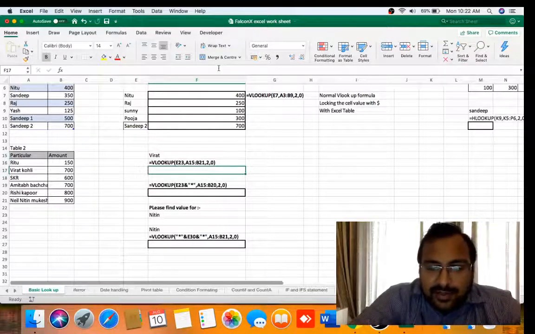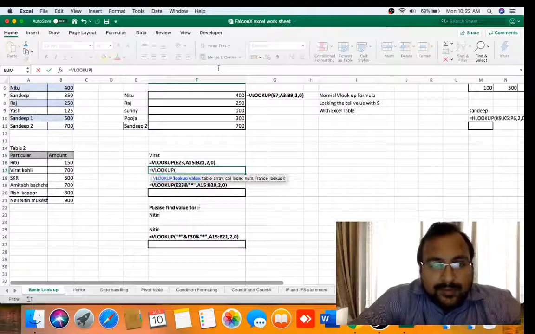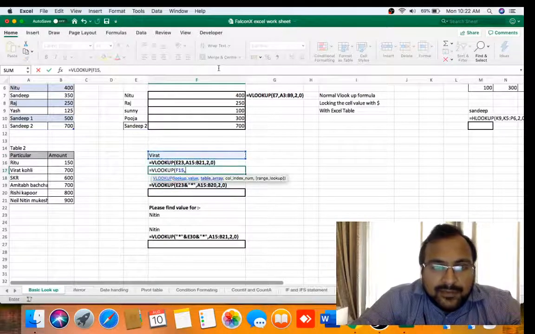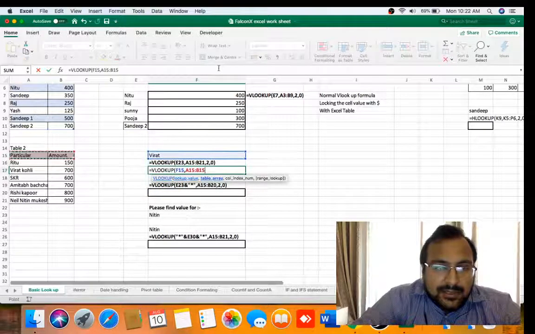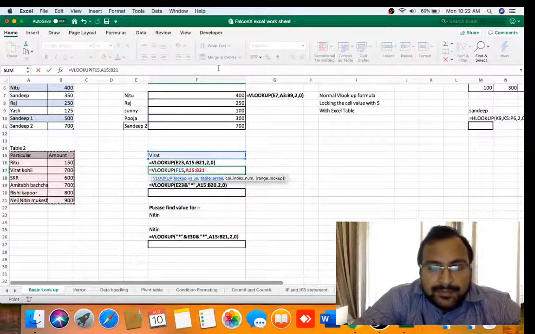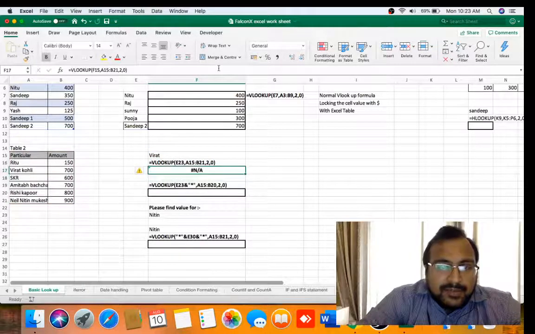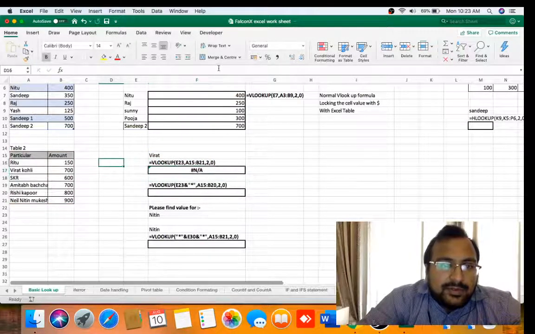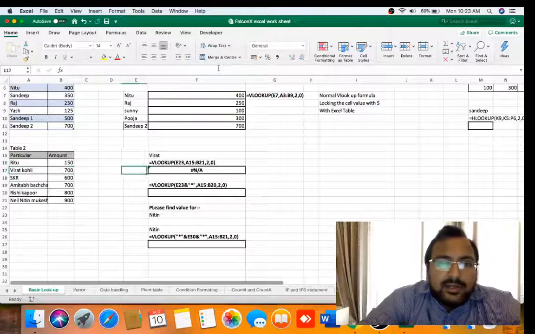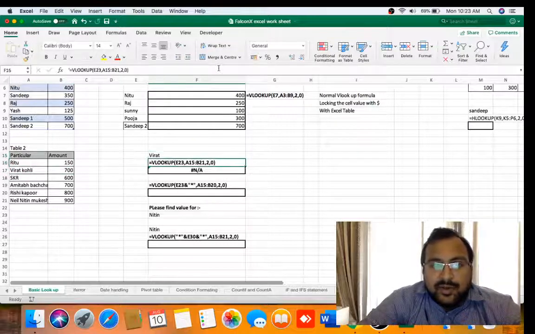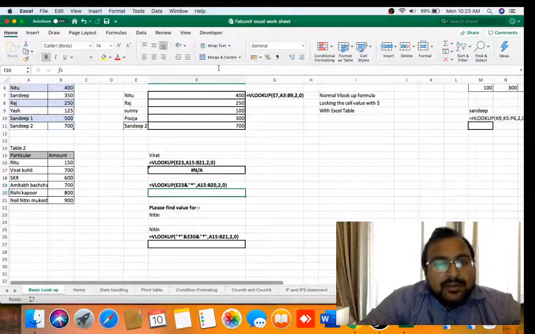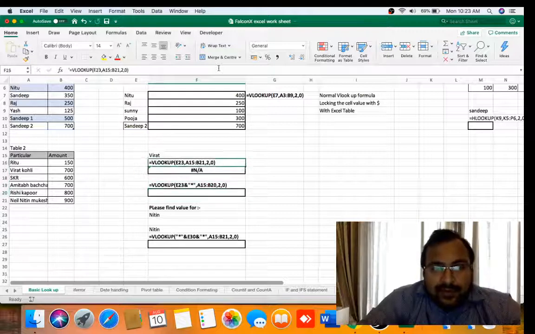If we do a normal VLOOKUP, Virat, this is the table array, 2, 0, enter. As you can see, we got NA because here Virat Kohli is there and here Virat is there. So how can we do a VLOOKUP on the basis of the value we have?